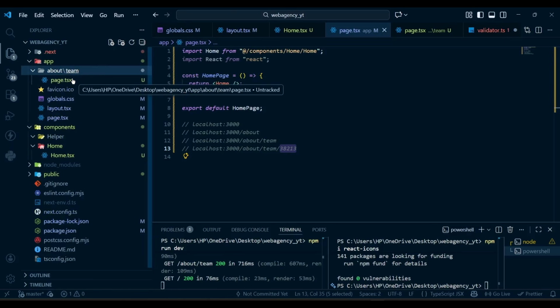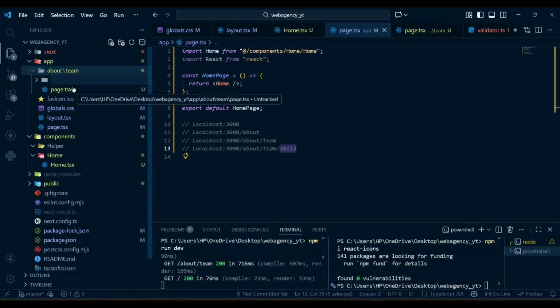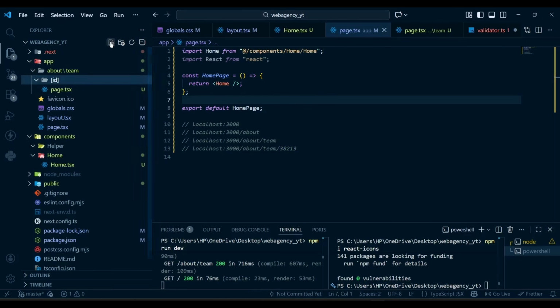What we're going to do is, in the team, we're going to create a folder. But this time, we're going to use this third bracket syntax. And inside this, we are going to use ID, or name the thing you are receiving for this page. So let's say we are receiving ID for the team member. So I'm going to use ID. Then inside this, I'm going to create a